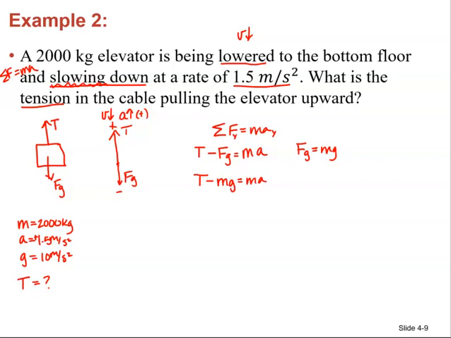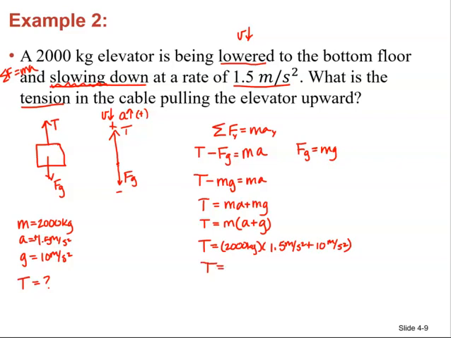Now I'm going to solve for tension, so I'm going to add mg to both sides. Now in this case, I can actually factor out the m, and it's m times a plus g. Now I'm going to plug in numbers. So I'm going to have 2,000 kilograms times 11.5 meters per second squared, and that is going to give me 23,000 newtons. Now notice my tension this time is bigger than my tension when it was moving at a constant